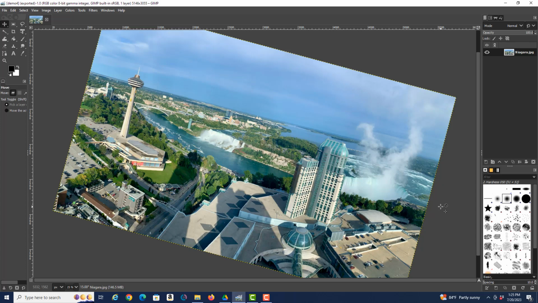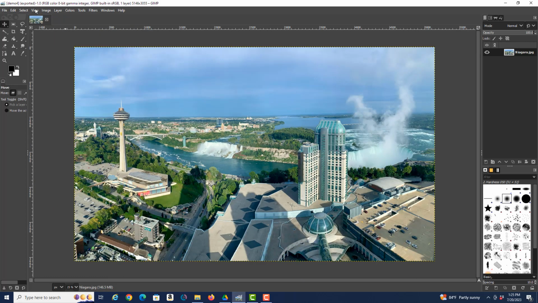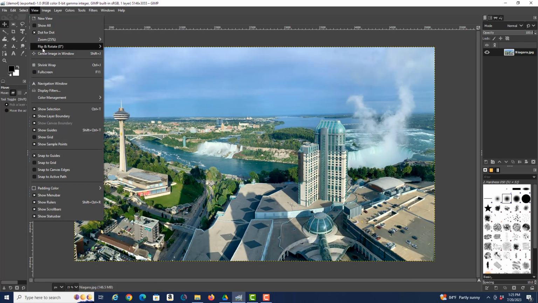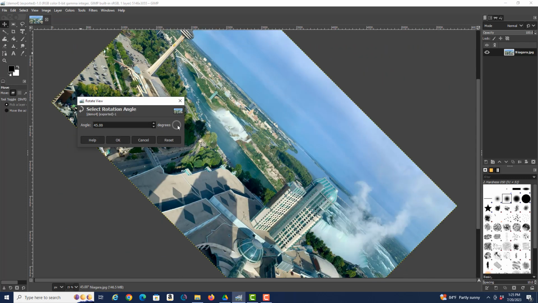Now again, why would you do this? Well, mostly it would be for artistic reasons. Say you're putting together a poster and you wanted to have photos that are at different angles. So there might be some artistic reason. I'm going to reset this and then show you one last rotate tool, which is non-fixed degrees. Here was fixed choices. You can go here and now you get freeform. You can select any degree of rotation that you like